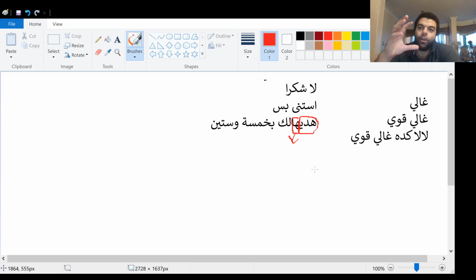Her is referring to the object, not a person, because in Arabic there is no it. There's only he and she, him, her. So if I'm speaking about a table, yes, the table is her, not it. Okay, so هديها. What if it's masculine, because it's feminine already? So we would say هديه. هديه. Now it's a masculine object.